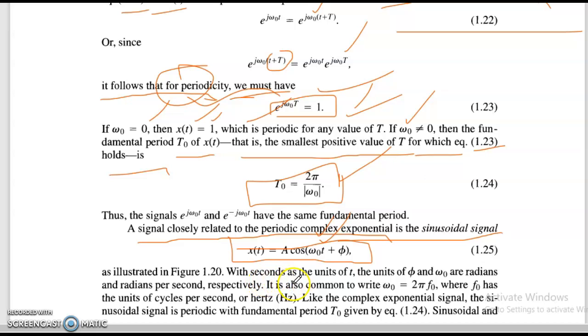With seconds as the units of t, the units of phi and omega naught are radians and radians per second, respectively. It is also common to write omega naught equal to 2 pi f naught, where f naught has units of